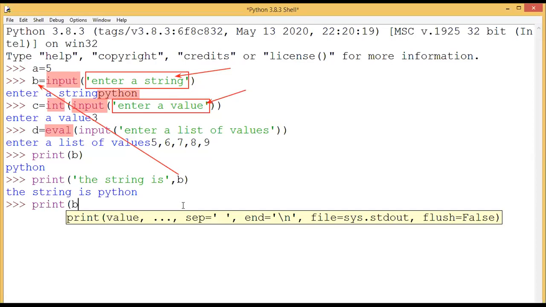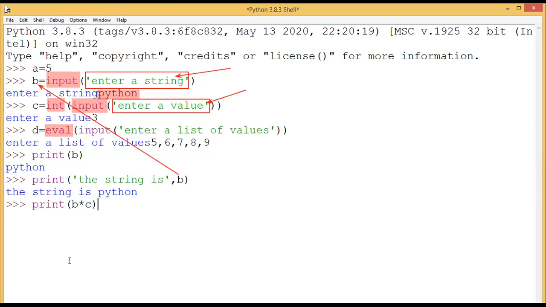So b into c. Now what is the output, students? What is the value stored in b, students? Python. Yes. What is the value in c? 3.